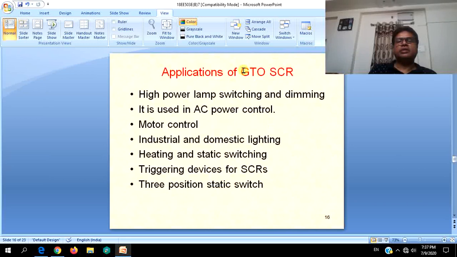The drawback of the gate losing control over the SCR once it is turned on is overcome in this device, where you can turn off the SCR by gate turn off, or by applying a reverse signal between gate and cathode. It can be used for high power lamp switching and dimming, used in AC power control, motor control, industrial and